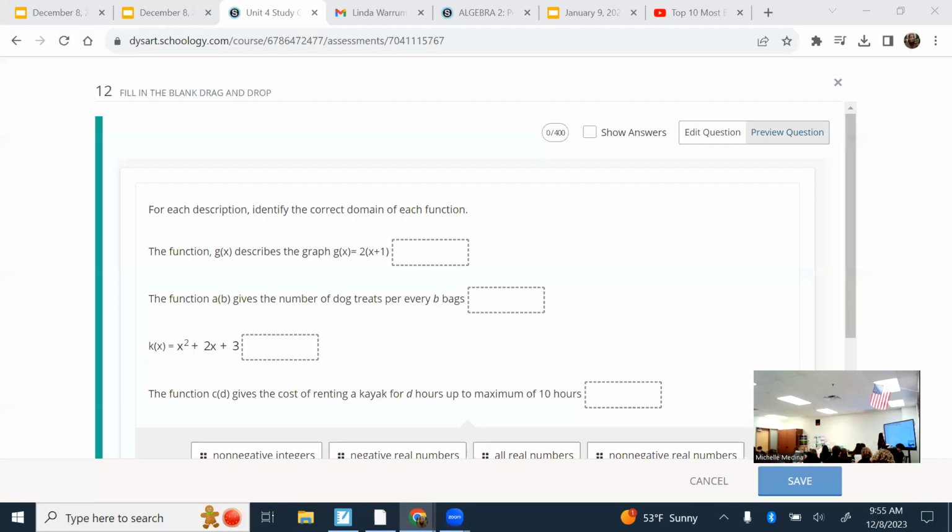So what it says is, for each description, identify the correct domain of each function. Domain refers to all the what? All the x's. So all the inputs, all the independent variables, whatever you want to call it. So first they tell us g of x describes the graph of g of x equals 2 times x plus